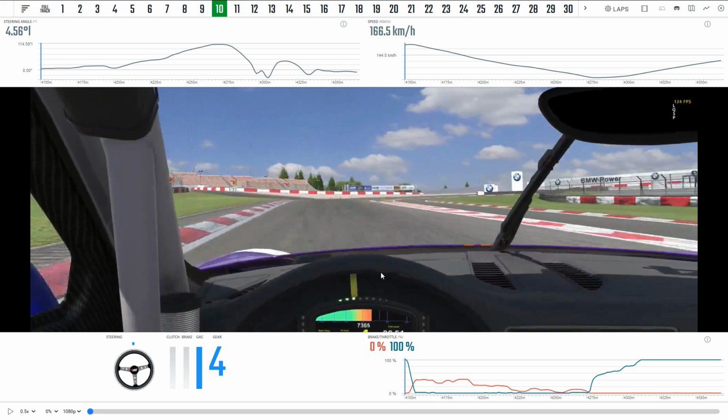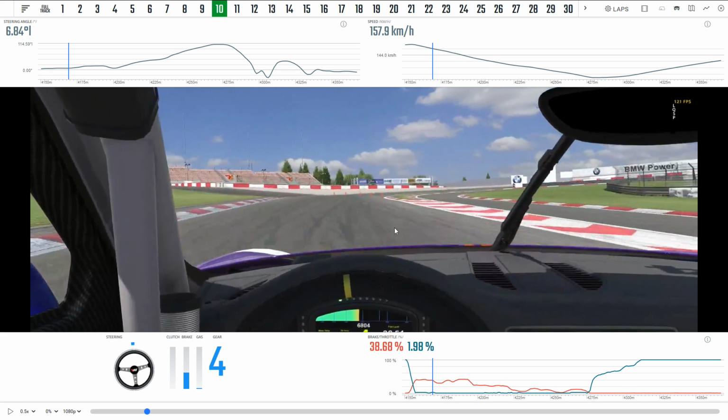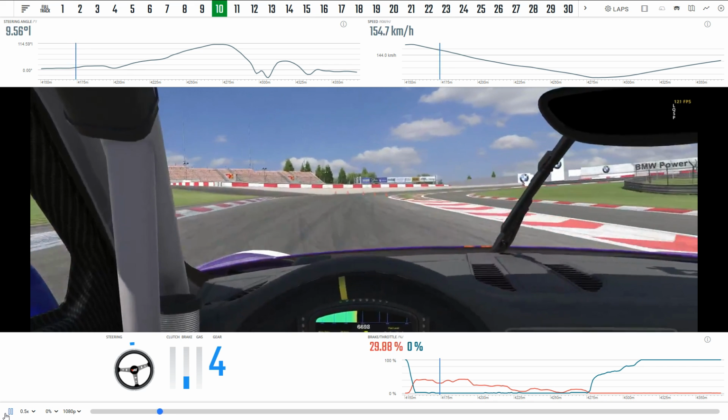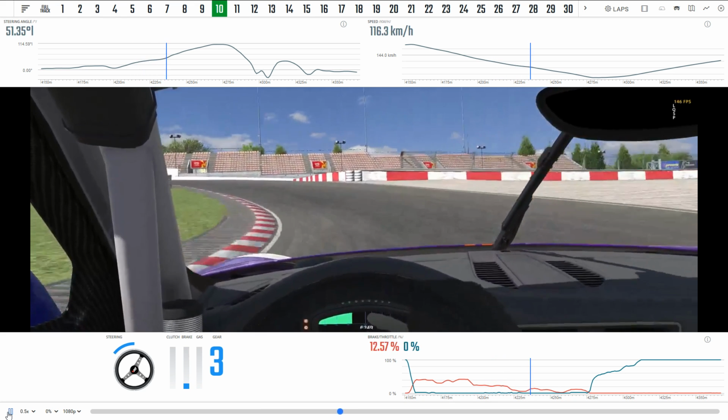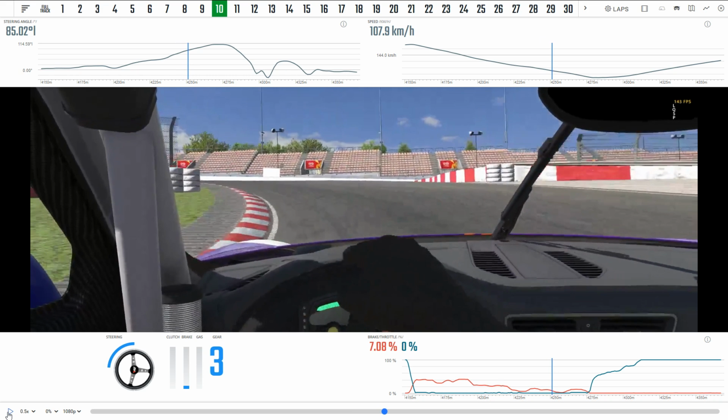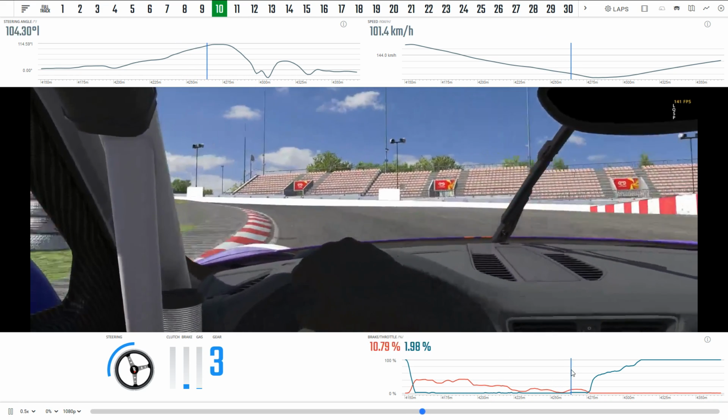So quite an early braking point for this one, and we're aimed towards the outside of the corner when we start braking, and we can see that Rens sustains that brake pressure for a long time. Keeps the front end loaded up, turns in fairly early. It's a very long, wide entry, and then it tightens in the middle. So you want to sustain that brake pressure, keep the car rotating all the way into your